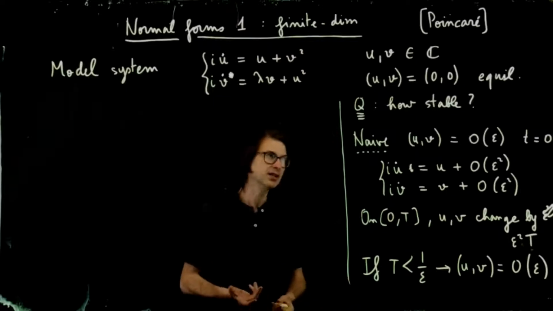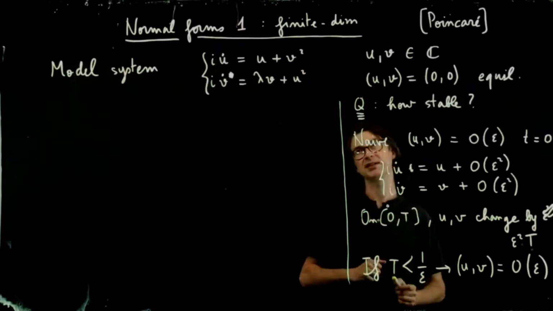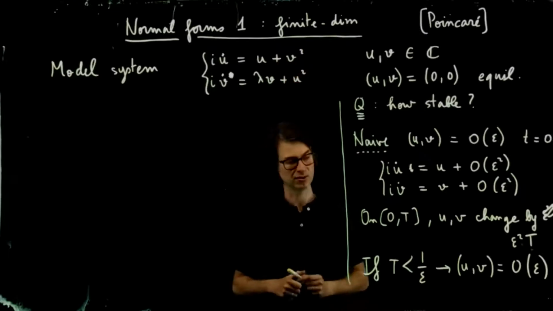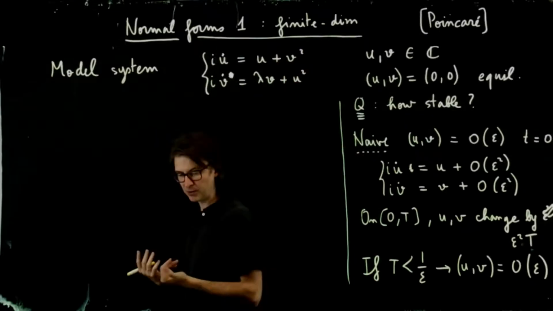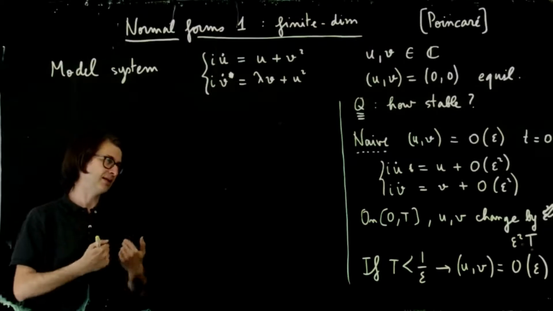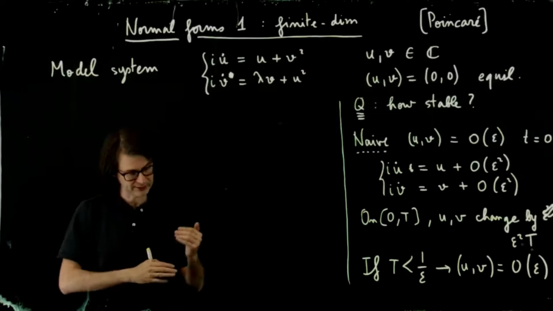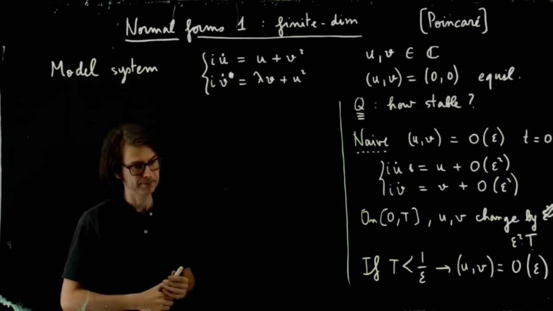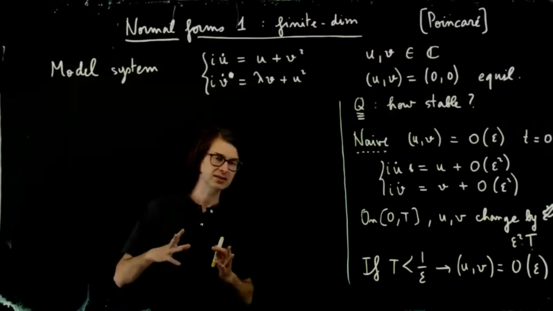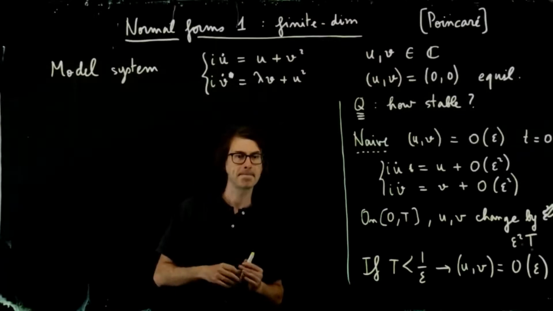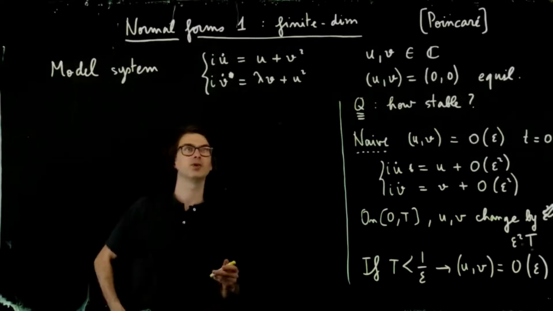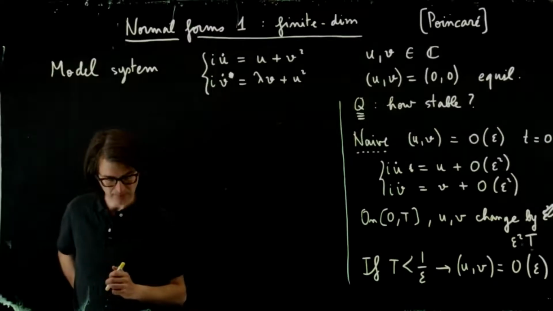So for this reason, it's interesting to find a transformation that increases the order of the nonlinearity, because it will mean that this system is sort of one rank more stable. Was this explanation convincing? Do you have questions? Okay, so if you're convinced, we can try to find a